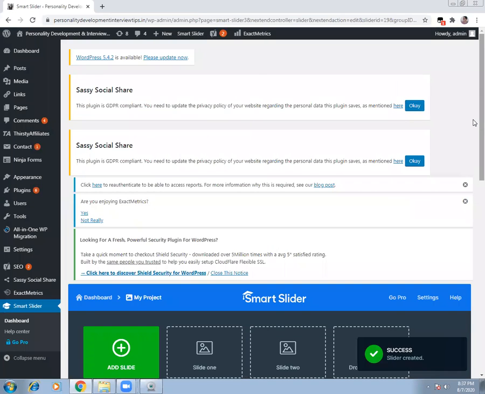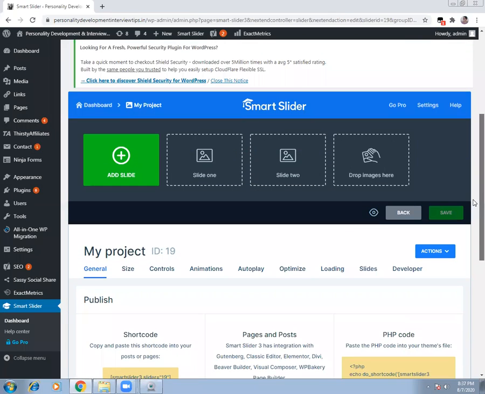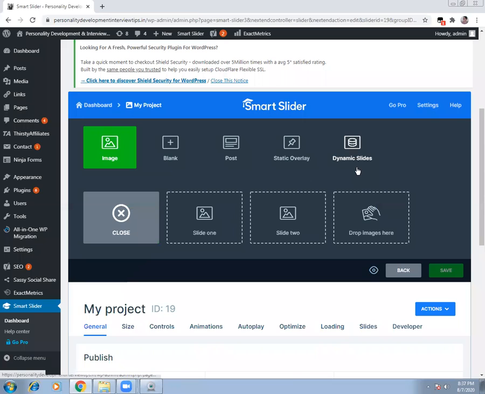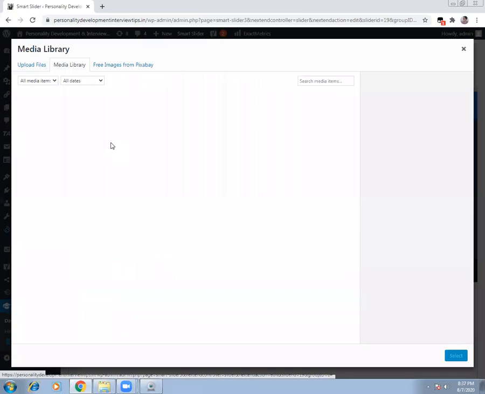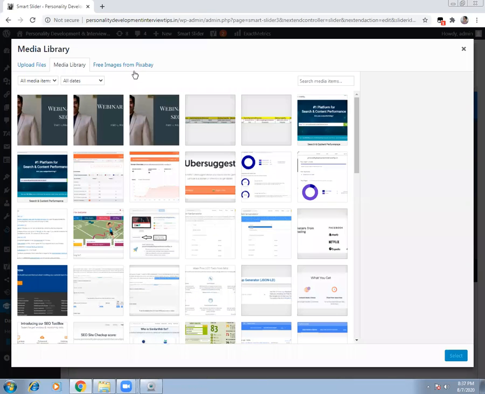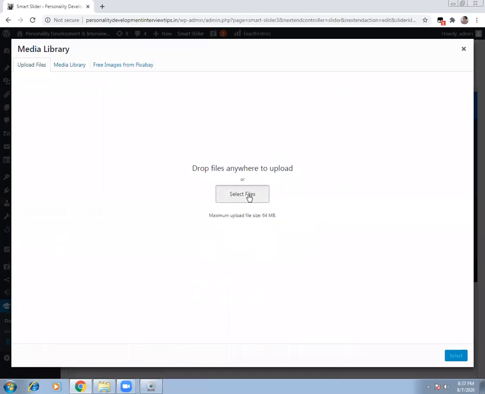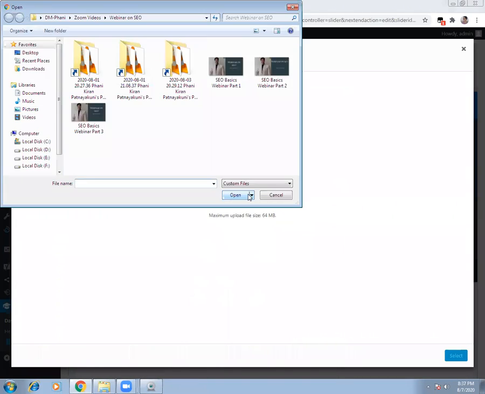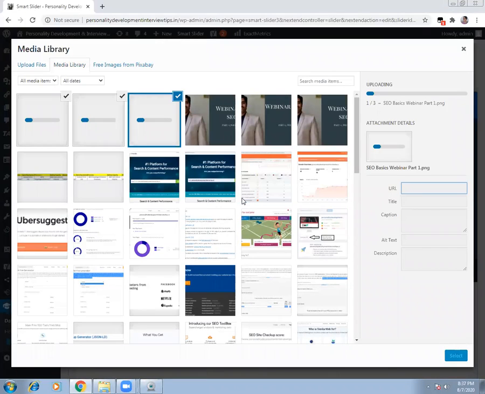Once you click create, you have these slides that you can add here. You can simply select the slides. You can click here and select the image. Once you select the image, you have an option to go to upload files, go to your computer. Here I just saved 3 designs. I'll select all 3 of them and click open. So, for example, these are just getting uploaded.